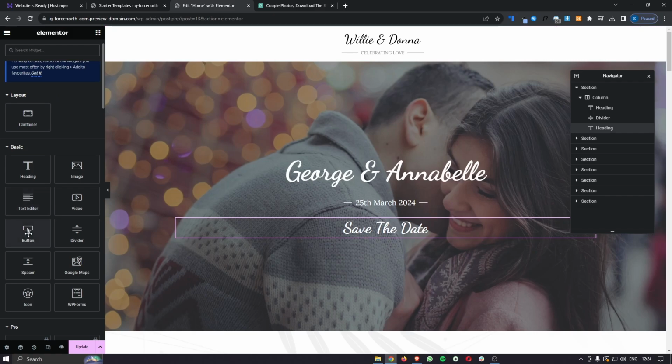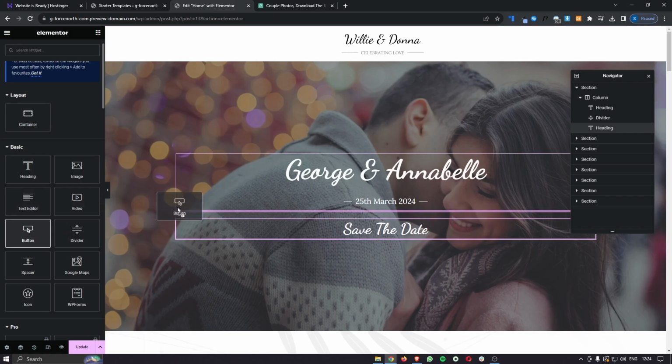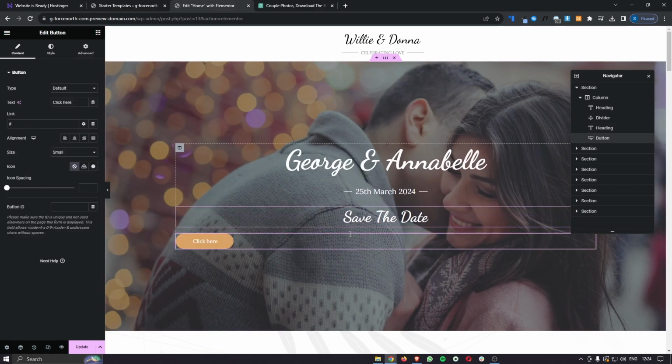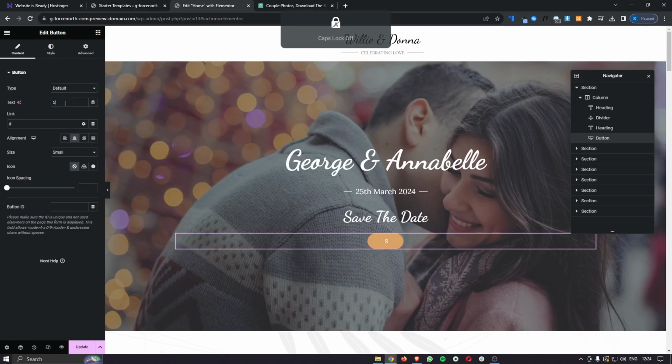So in here, I'm just going to go ahead and grab a button and then drag this in underneath save the date. Once this loads in, I'm going to go ahead and of course align this in the middle. So go to alignment, align this in the middle. And then for the text, I'm going to change this to C,